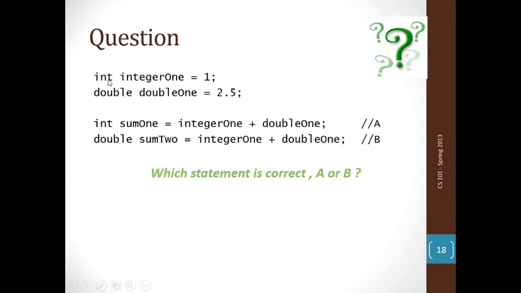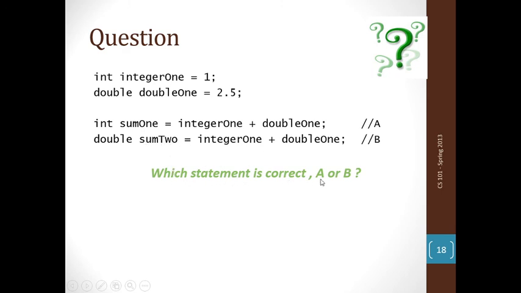Like this, we have declared two variables, one of int type and the second of double data type, and then we are storing the value of this expression in sum2. Now whenever we need the value of this expression, we can use this variable, because we have stored the value of this expression in it. So integer 1 plus double 1 will be added, and their value will be stored in this sum variable. So we can use the value by using this variable afterward.